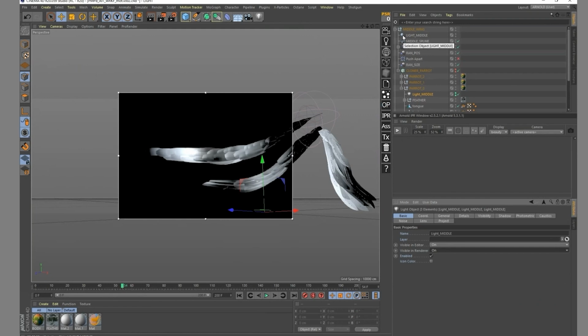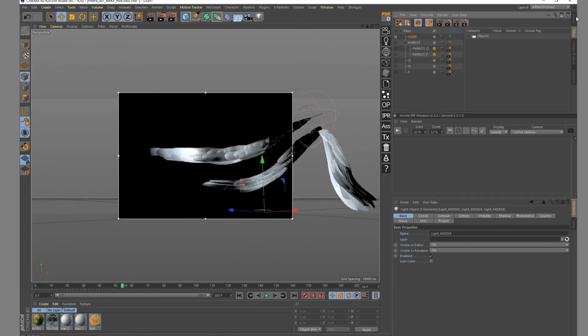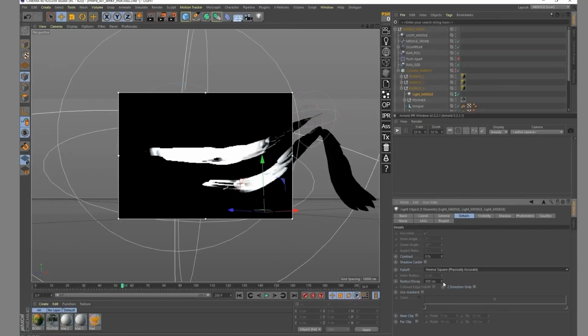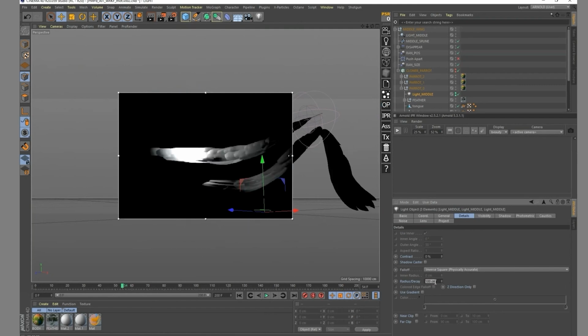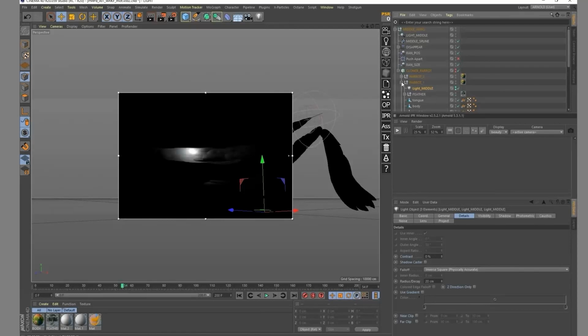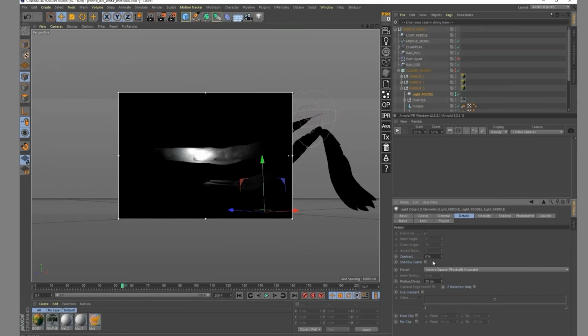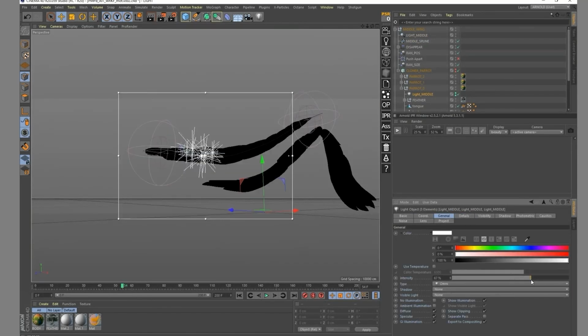If I find that my light is way too bright, I can just once again double click on it and just modify anything that I need. For example, I'm going to put a fall off, inverse square. Of course, it's way too big, so just, I think 100 would be fine. Once again, way too big. And just to be sure, I'm going to change that to instance. And the fact of changing my cloner to instance will give me that render of all the lights at the same time. So once again, selecting on my light, changing maybe the impact.